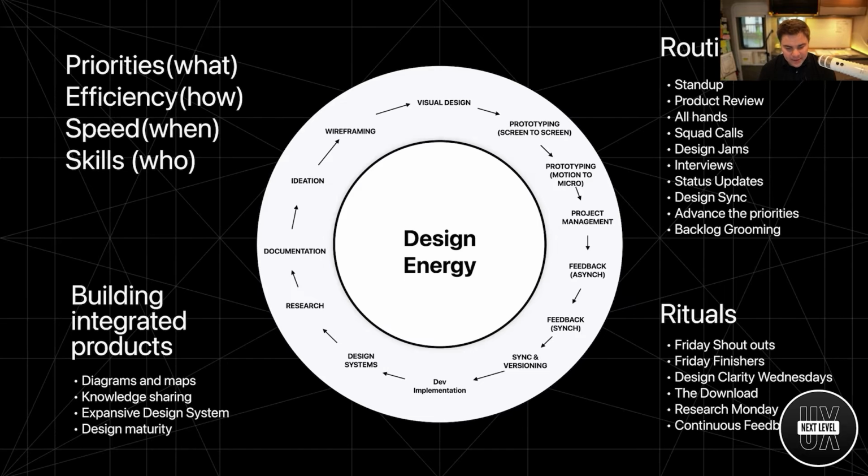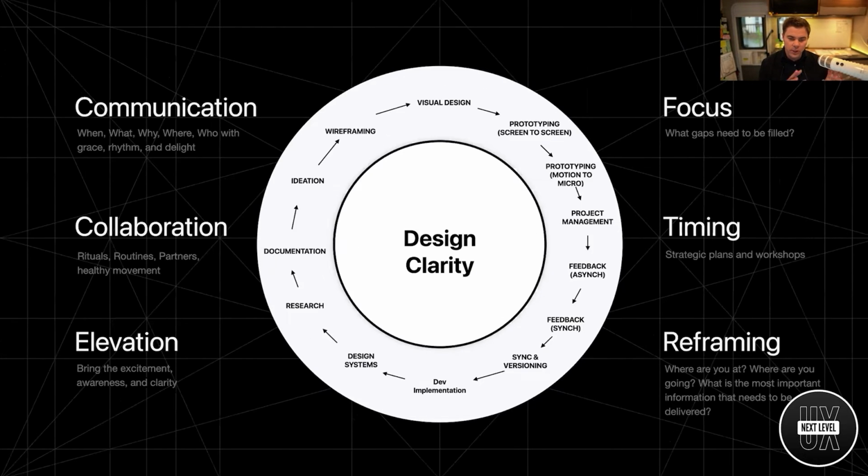So this design system is a growing thing, and that's going to come with design maturity over and over. So you might be at a startup or you might be at a really advanced company. The design maturity is going to evolve, but it has to evolve with you. It's not going to evolve just naturally, organically. It's a series of people that care about the quality of what you're producing and the quality of the systems and the quality and maturity of how you problem solve, how you get in there and figure it out, and how you have that cohesiveness. And you do that with these routines, these rituals, and with building up your design experience. So all these things, super important, lead to design impact, right? So you need to keep that in your mind.